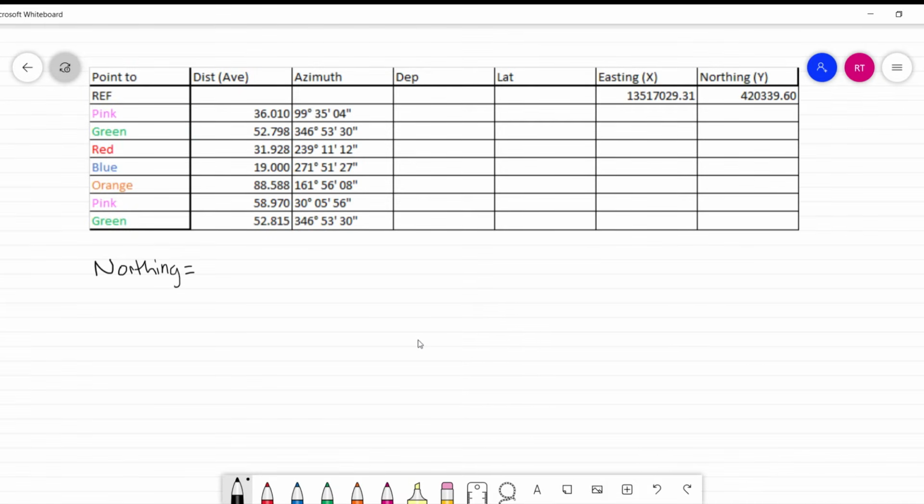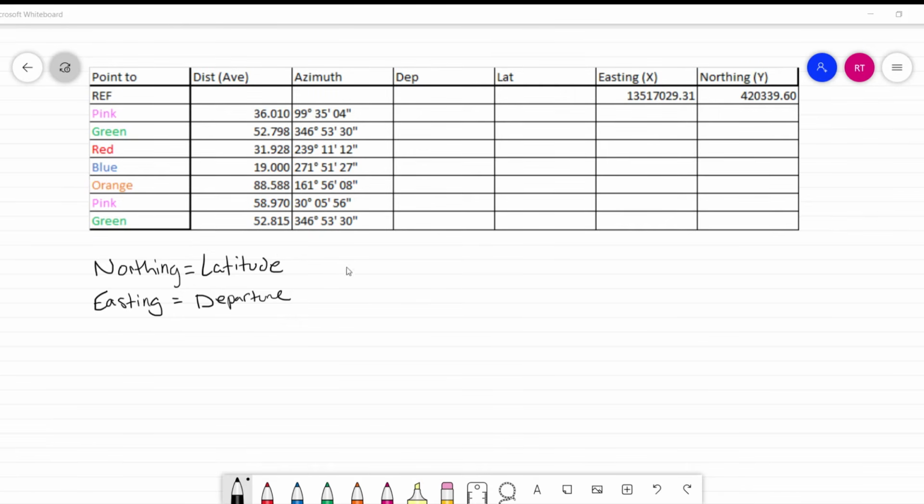Okay, now that we have all of our azimuths, the next step is going to be to calculate the latitudes and departures between the points. Latitude and departure is defined as the distance that is traveled in each direction, being northing and easting. Latitude is associated with northing, departure is associated with easting. Northing is equal to latitude, easting is departure. And we use this to find the difference between coordinates to then verify where the location of coordinates are.